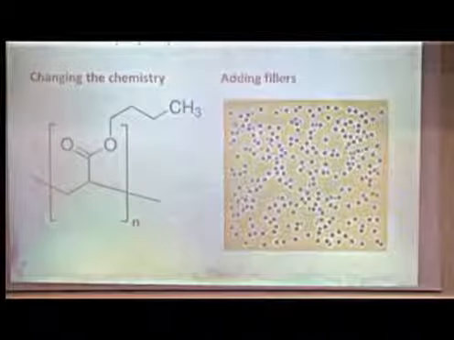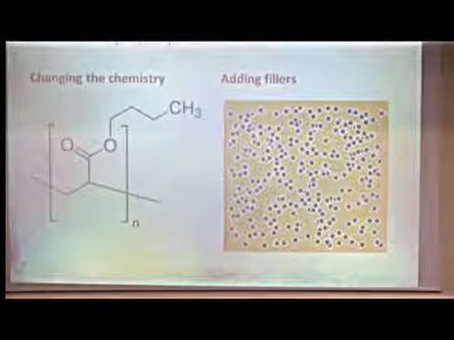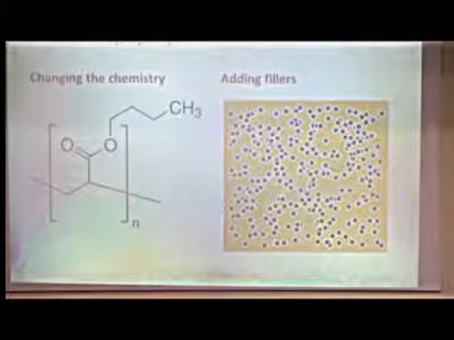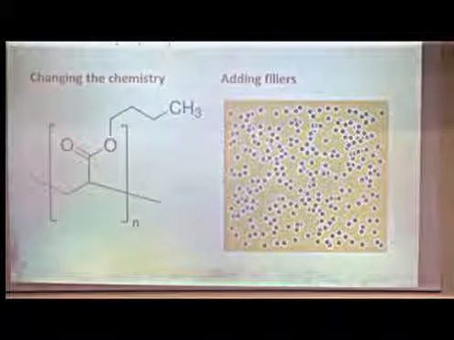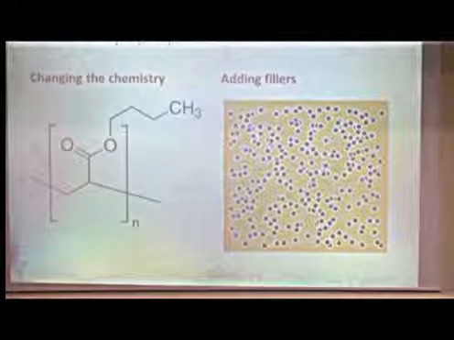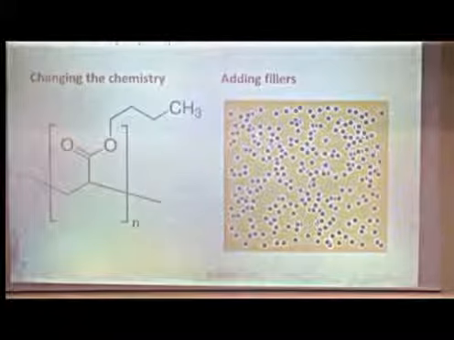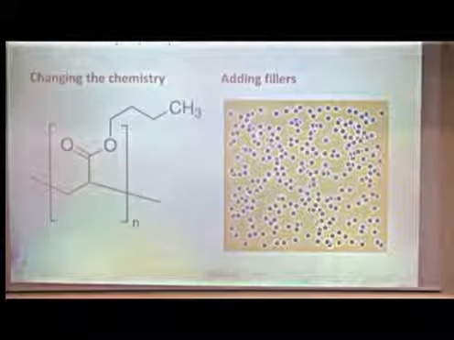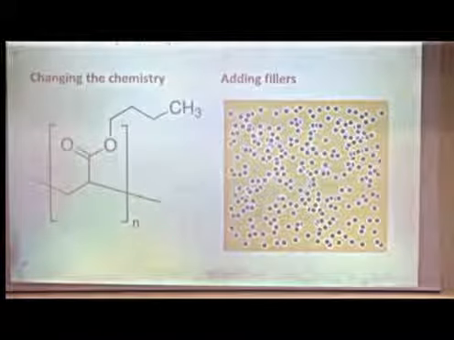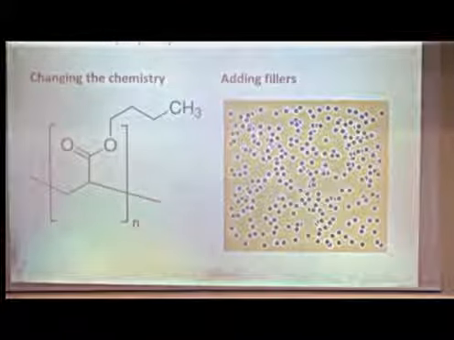But another thing that we could do, apart from changing the chemistry, is to add fillers. And so I suppose that when you start to think about it like that, we could either do something to do with the chemistry or something to do with the physics. And I suppose adding nanoparticles or other particles changes the physics somewhat. Otherwise, we move away to completely different materials altogether. So I said, why do we want nanodielectrics? And I think the reason is that it's the only thing you can do if you're not going to change the chemistry, or you can do both.